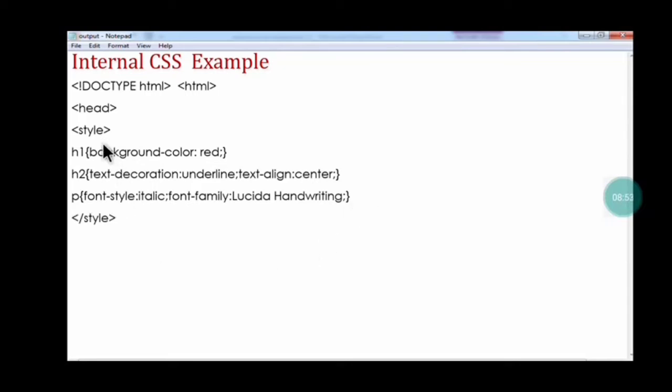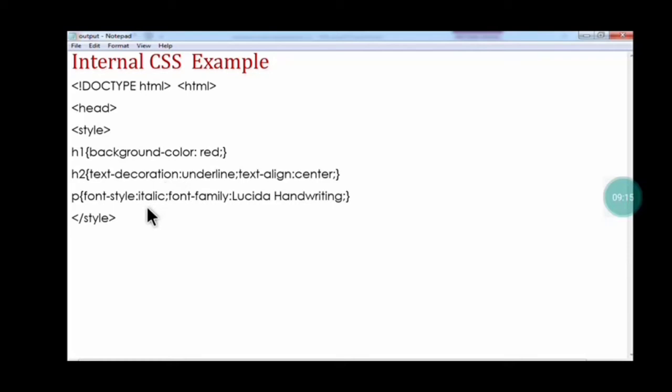Then you have to create a style tag. So here I have created three styles. First style I use h1 tag for background color. Second style I have created, here I use h2 tag, and that is used for the text alignment, center, and underline effect. Next style I have created for the paragraph.